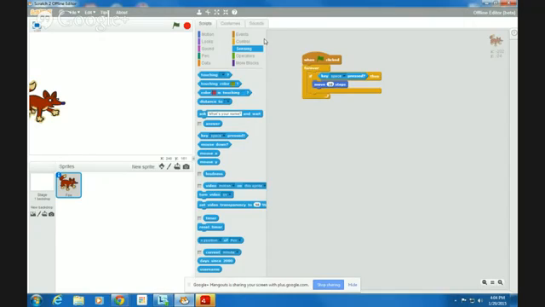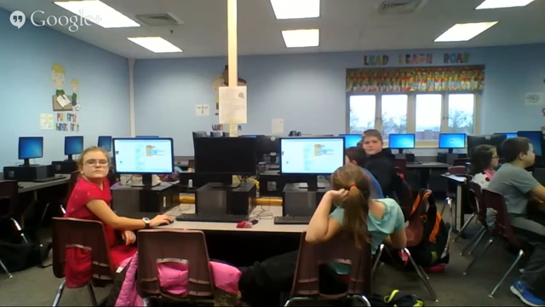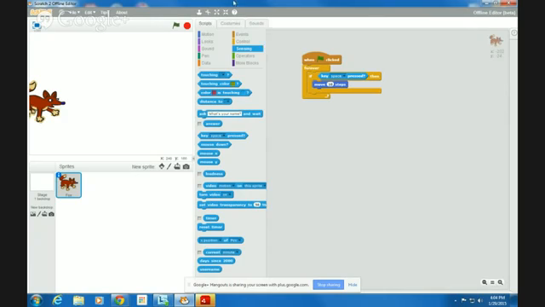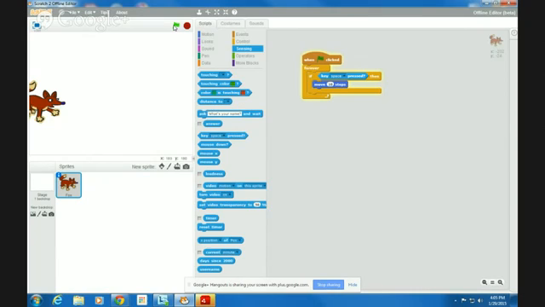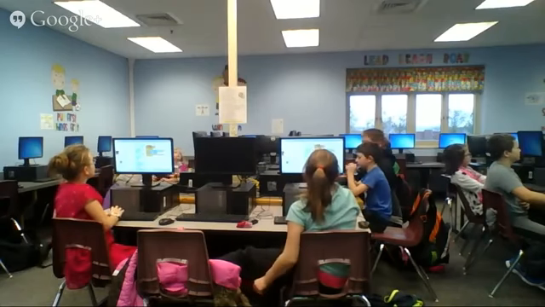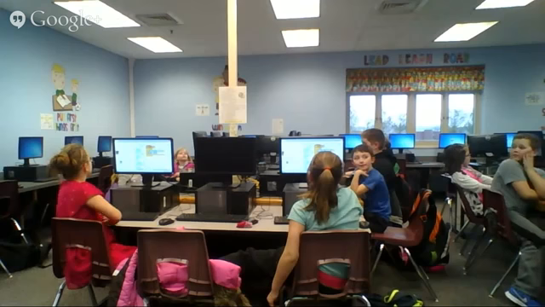Alright, so now we pretty much have the most often used command that there is in Scratch. So now if you notice, you go on your keyboard. No, first you have to click the green flag. So everybody just click the green flag. And then when you press the space key, your sprite should start to move.